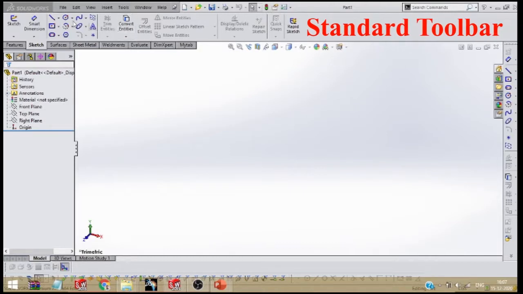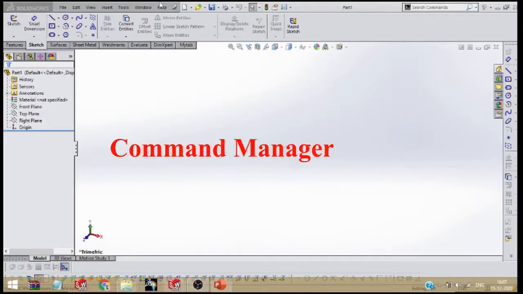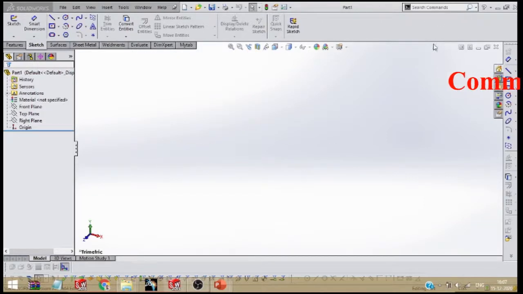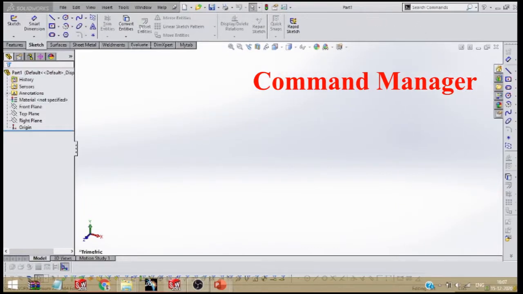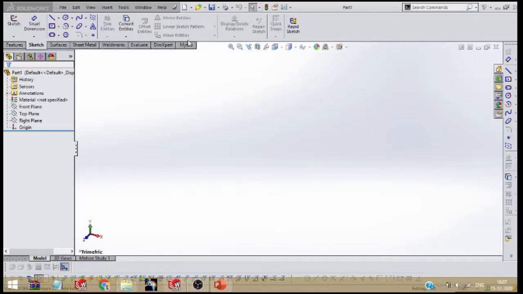This toolbar will completely be called the standard toolbar. And this second one will be called the command manager. Okay. This complete area is called the command manager. These also are included in this command manager.